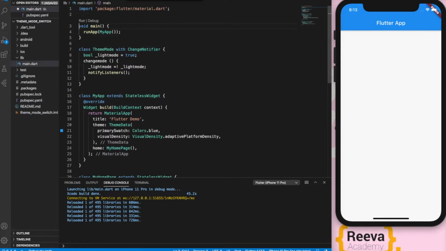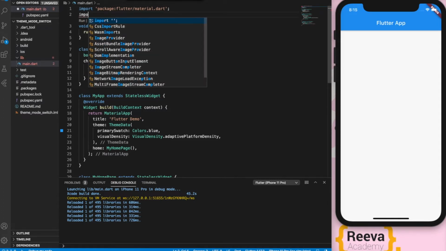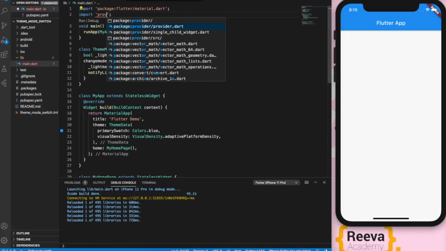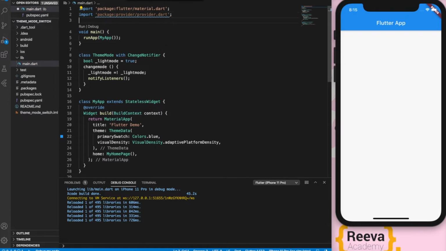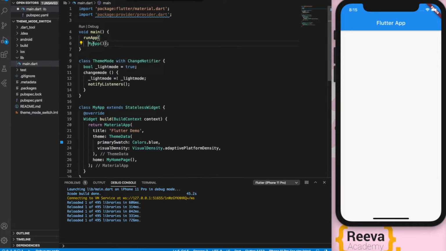Okay, now we have to lift the state up, okay, which means making it available to the base. But before that, what I will do is add this import of provider. Right, and I will wrap this main class with the ChangeNotifierProvider. Okay, wrap it with a widget and ChangeNotifier. Okay, why is this auto not coming? Okay, no problem, I'll just type it, ChangeNotifierProvider.